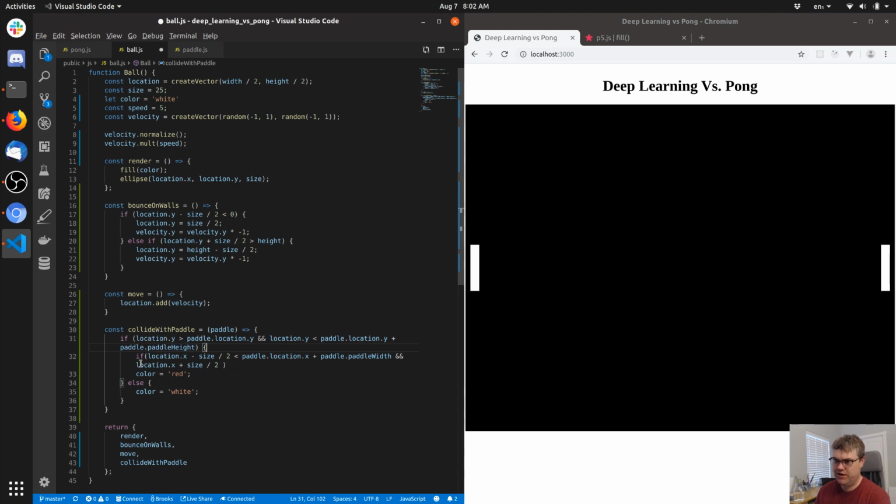Okay, so the location plus the side, so that's the right side of the ball. That actually needs to be to the right of this line, doesn't it? So is greater than paddle dot location dot x. We'll just make it greater than the left side, and we'll try this. Okay, so if both of these are true, we're colliding with the paddle,